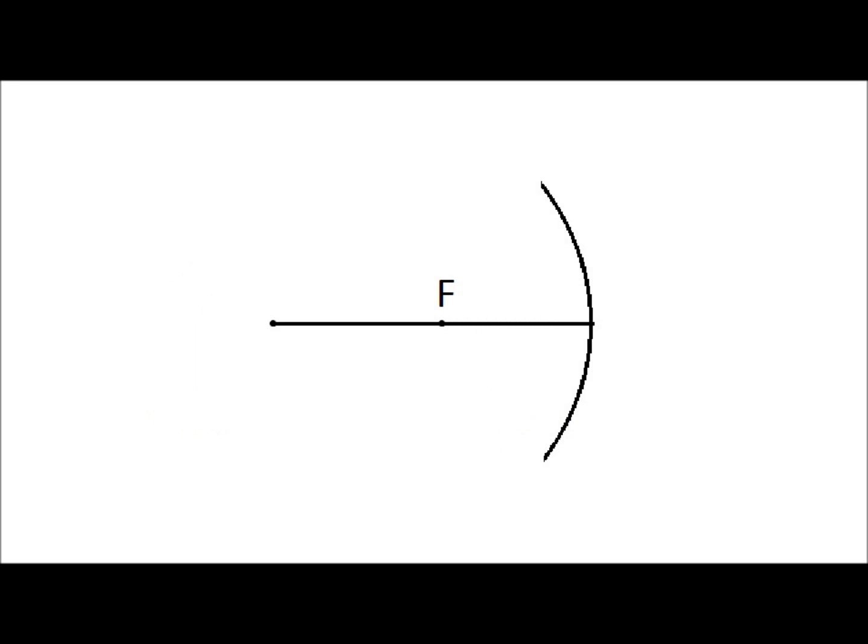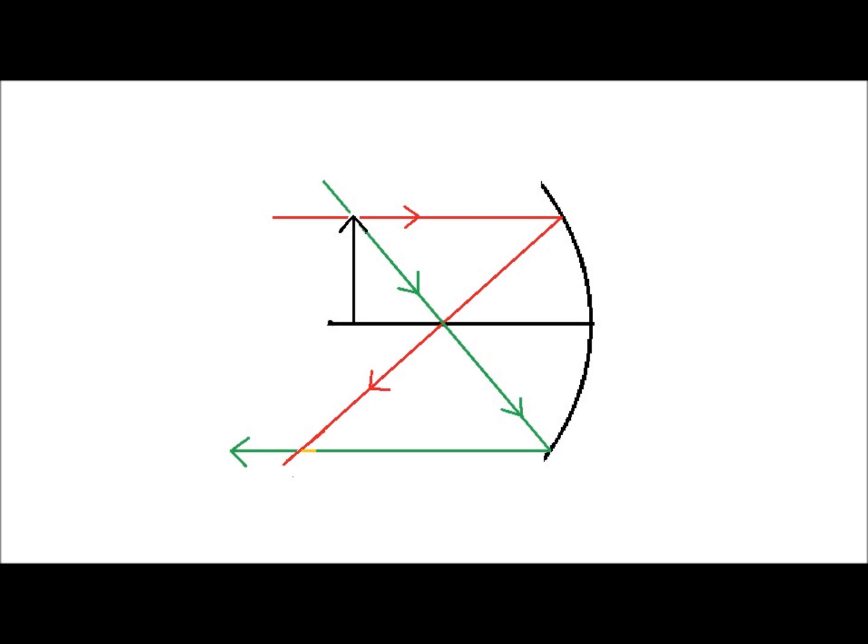With a curved mirror, the F is the focal point, the C is the center, and the F is half the distance of C. Both the focal point and the center point lie on the principal axis. The first line will be parallel to the principal axis and will reflect through F. The second line will go through the focal point and reflect parallel, while the third line will go through C